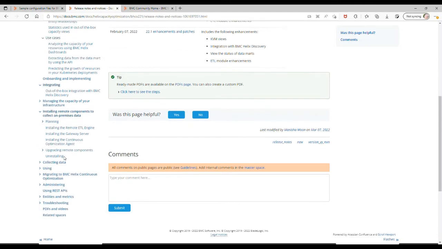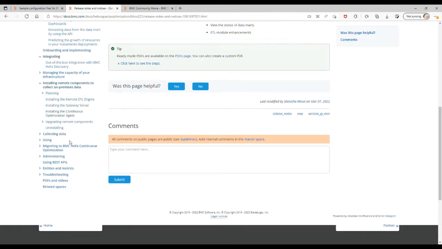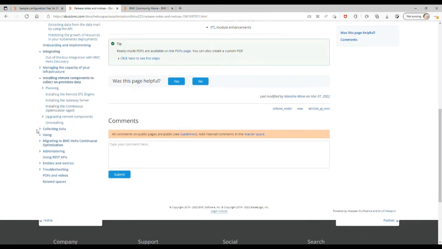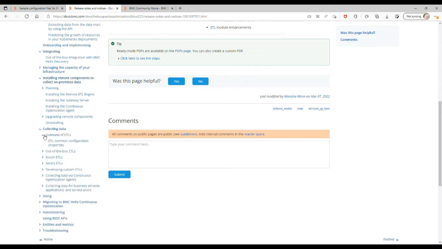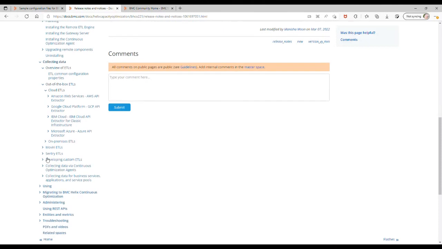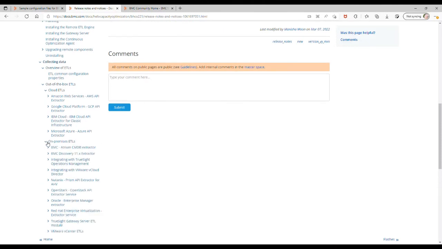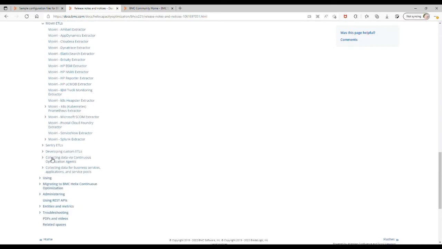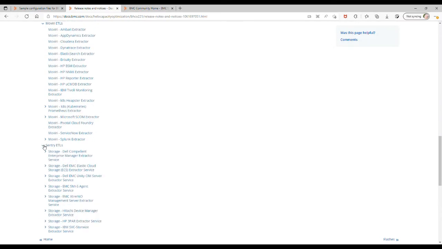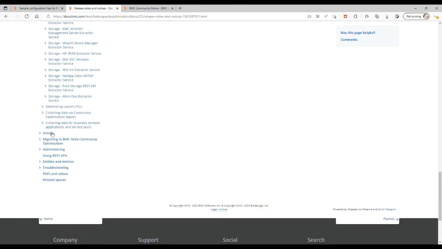the installation of the remote ETL, the gateway server, the agent, the configuration of the data, both the overview of the ETLs, the out-of-the-box ETLs, the cloud ETLs that we discussed previously, the on-prem ETLs, our partners' ETLs, Oviri, Sentry, how you would extend the capabilities of the product to develop your own ETLs.